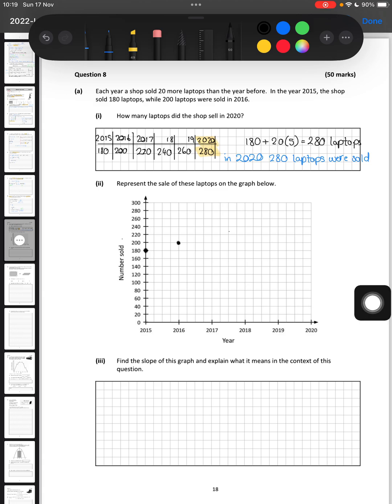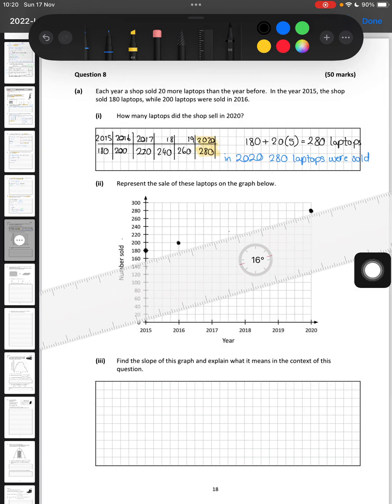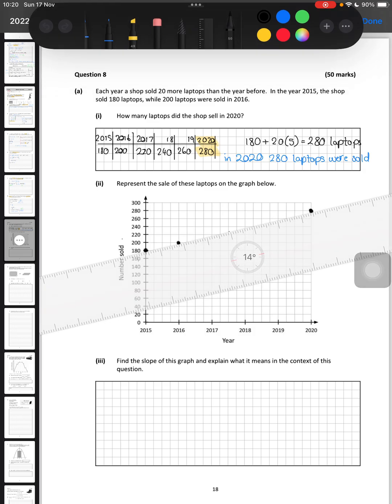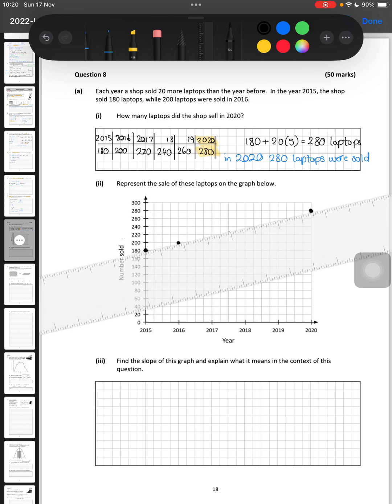and I could do that for each of my points, or I could recognize it is linear, okay, it is going to be one line. How many points do I need to draw a graph that is a straight line? I need 2. Okay, 3 is enough to make sure that we really haven't made a silly mistake somewhere. Okay, so I can plot my first and my last and one along the way, that when I get my ruler out, okay, there is one line there. Now, let's just give it a second to get my ruler back. There we go. Okay, so that is my